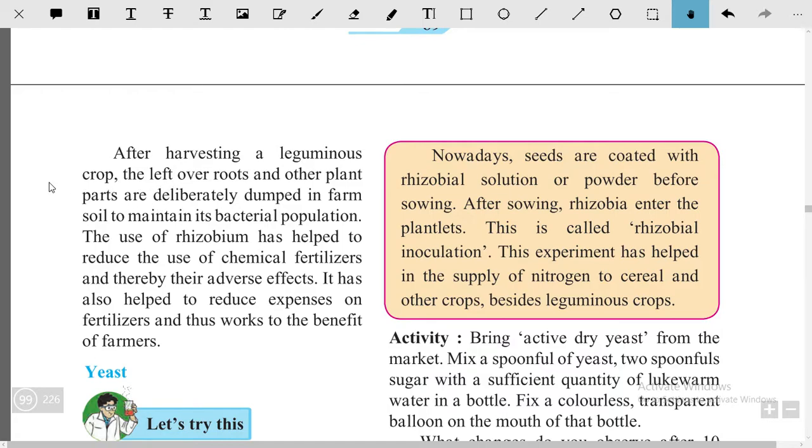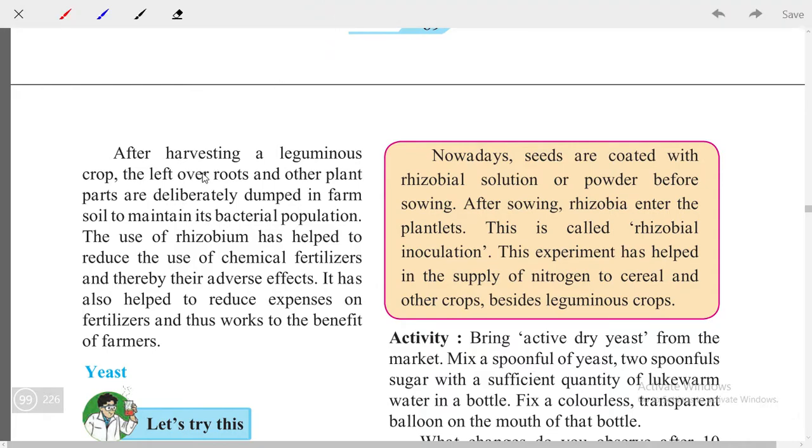The leftover roots and other plant parts are deliberately dumped in the farm after the harvesting, to maintain the bacterial population in the soil. अशी जी मुळं आहेत, त्याच्यावर गाठी आहेत, ती मुळं जमिनीमध्ये गाडून टाकतात. Because what is the reason? To maintain the bacterial population. The use of rhizobium has helped to reduce the use of chemical fertilizers